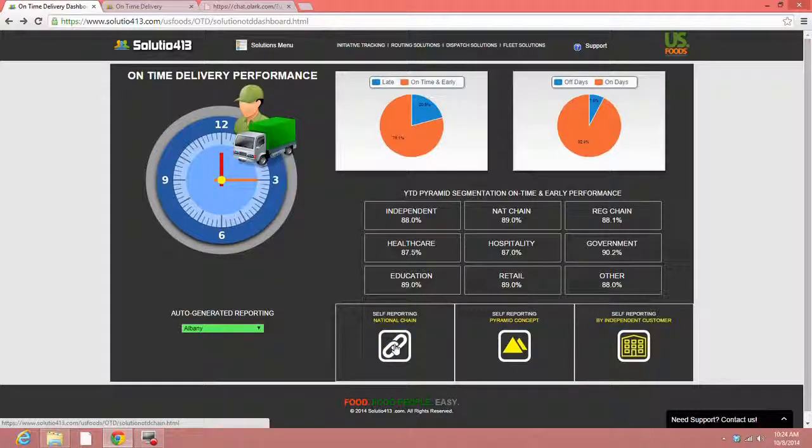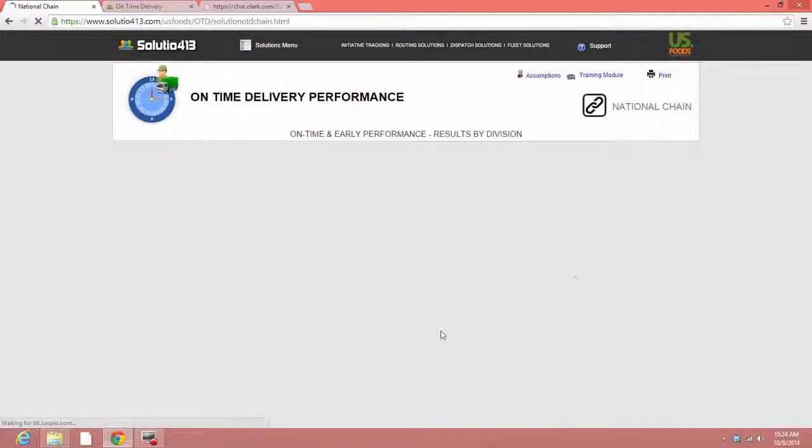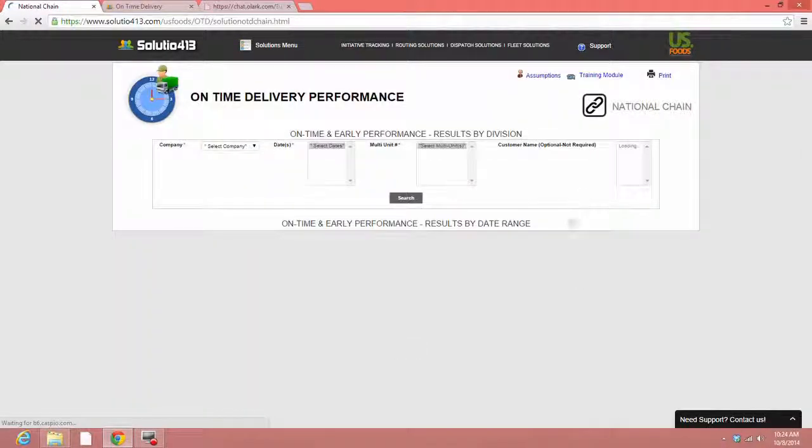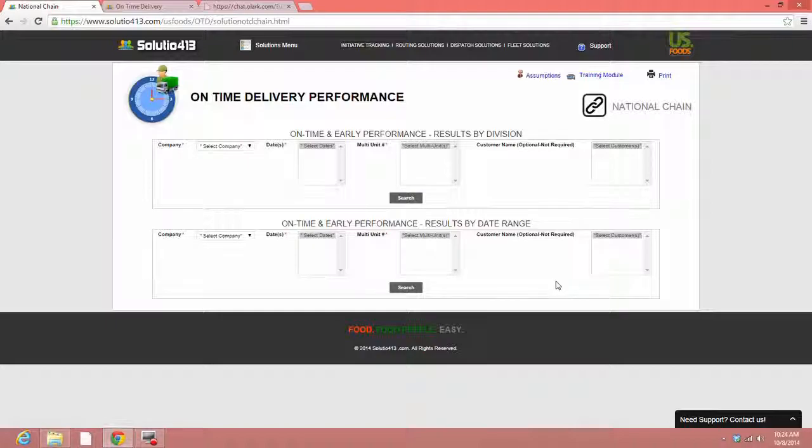This first tab, we can extract national chain performance data. The second tab, we can choose to retrieve data by pyramid segmentation, and the third tab is by independent customer. So we're going to demonstrate how to use these by going into the national chain tab. So we'll click on that hyperlink. That will transport us to the area of the site where we can actually queue whatever national chain data we